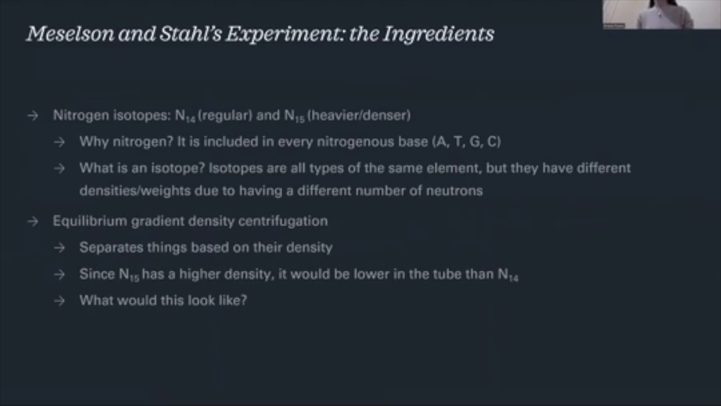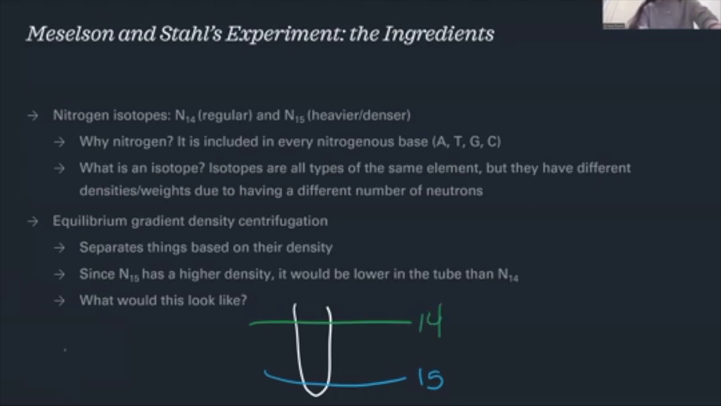And they also used equilibrium gradient density centrifugation, which is just a really, really fancy way of saying that they separated things based on density in a test tube. So, for example, since N15 has a higher density, it's going to be in the bottom of the tube. N14 has a lower density because it's lighter, it's in the top of the tube. So just as a quick example of what this would look like, if we have our test tube, N15 is heavy, it's at the bottom, N14 is light, it's at the top,